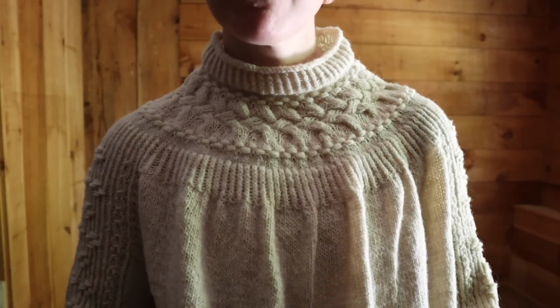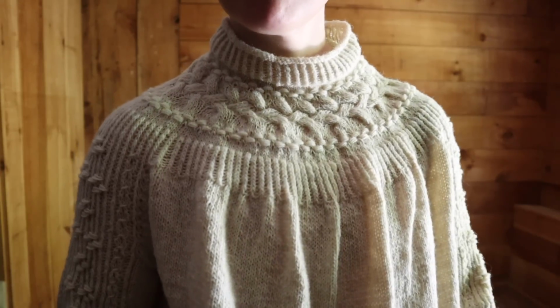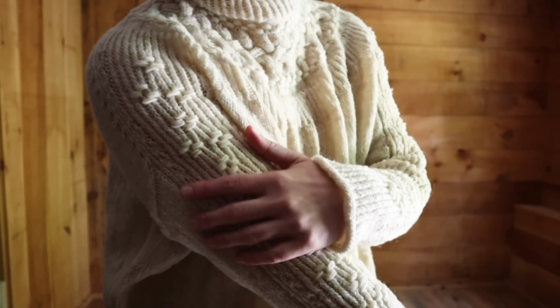This sweater only comes in one size, which I feel is maybe indicative of it being a little bit older pattern. The finished chest measurement of the sweater is about 55 inches. And the body circumference at the fullest point, according to the pattern, is supposed to be 67 inches. So it says it's one size, but it's shown on a model with like a 34-inch bust. And so, of course, if you want the pattern to fit you the same way as it fits the model and your bust is bigger than 34 inches, you may be able to get away with it for a little while,